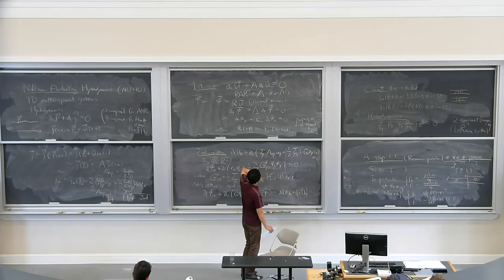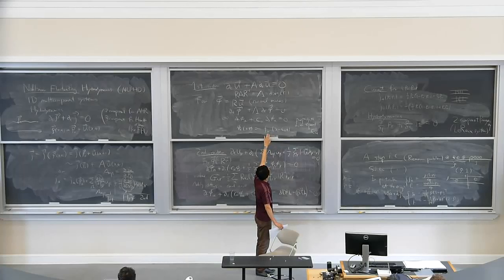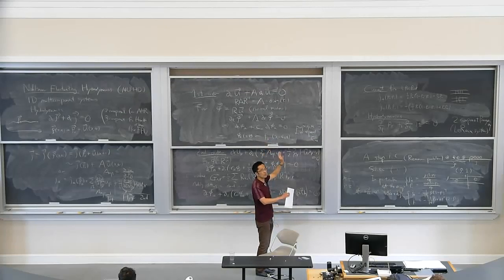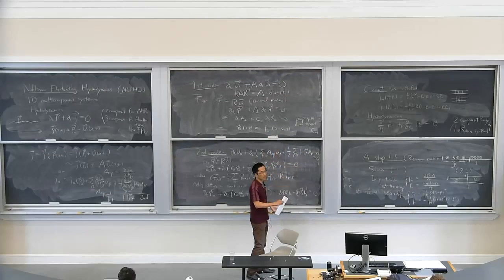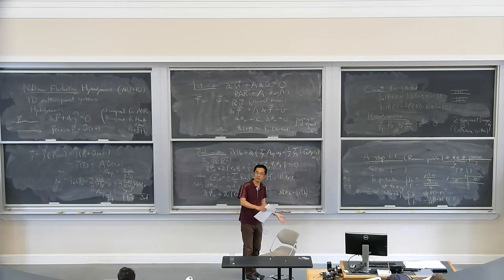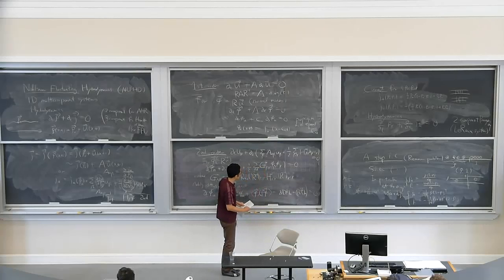But naively, as I said, for this part, each mode is propagating with a definite speed, right? So if we are only interested in large T behavior, large scale behavior, then maybe normal modes can be considered as almost decoupled,